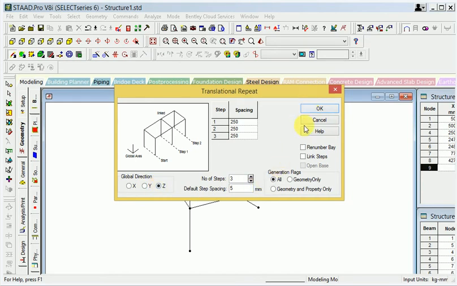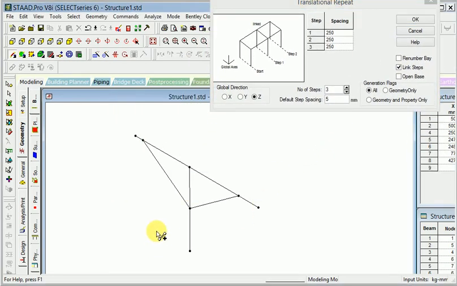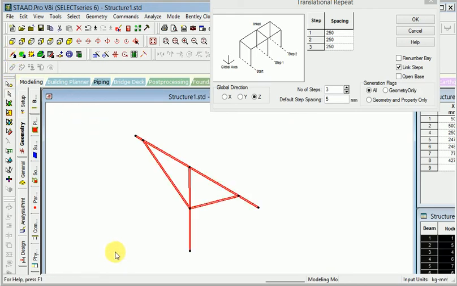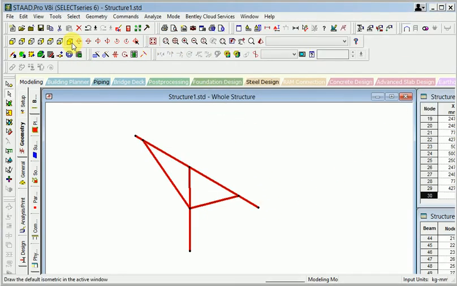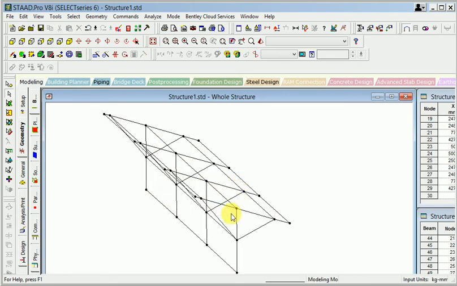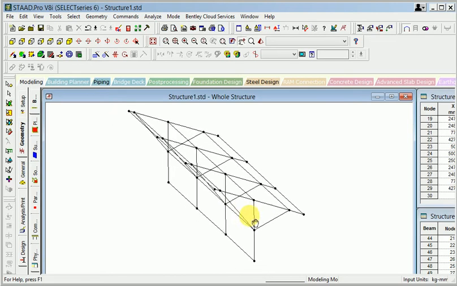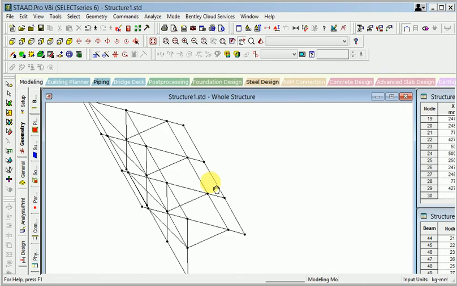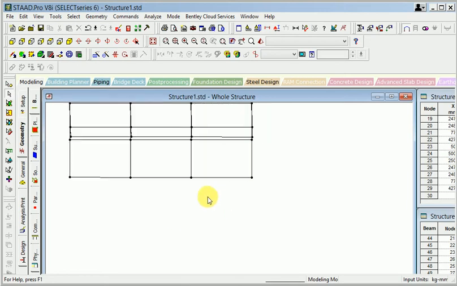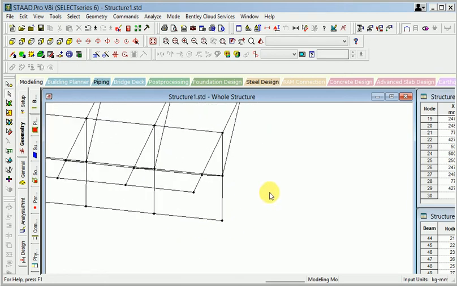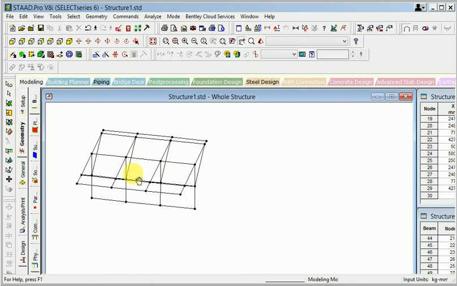And first of all this is the link step, and select this whole diagram. When you select this whole diagram, then go to OK. So if I look at this isometric view, see, this isometric view is 4 panel, and if you do not require it, look at here, this whole diagram has been made in isometric form and panel form.